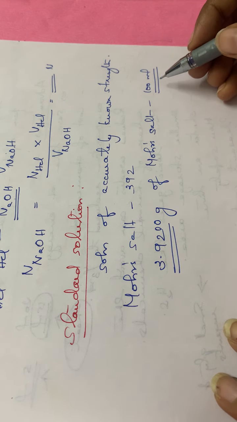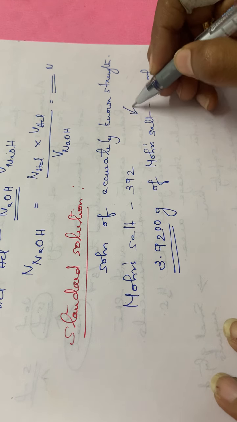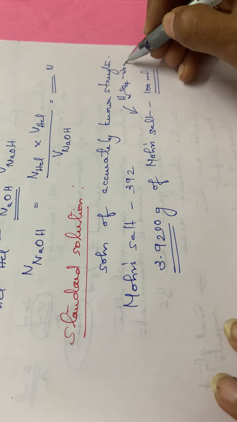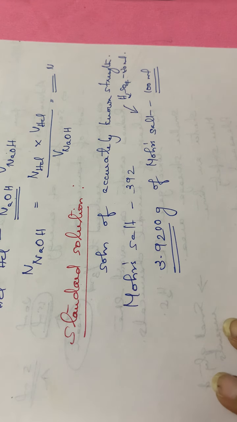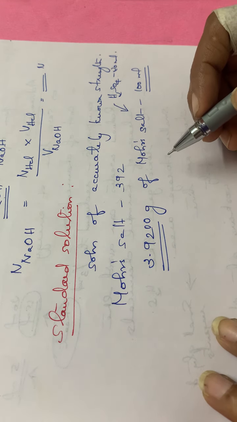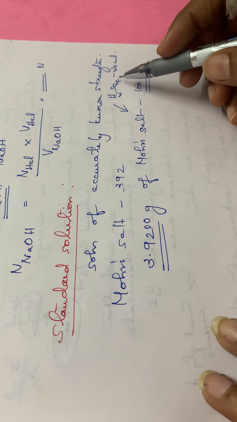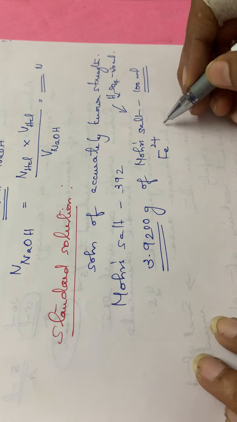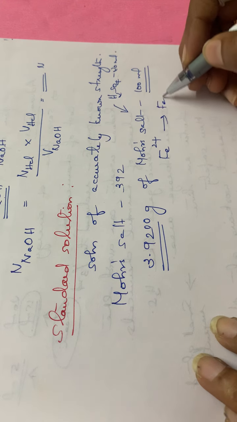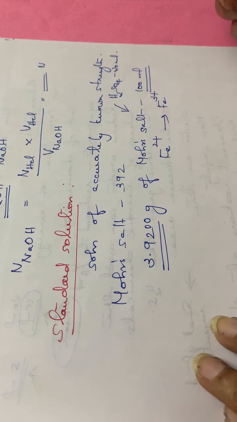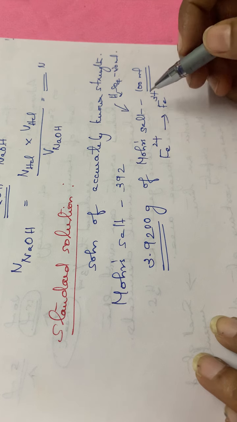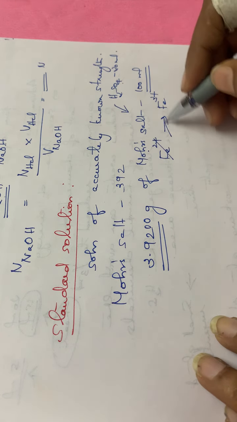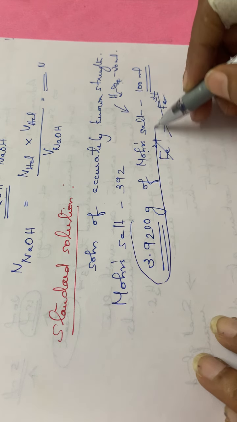and dissolving it. Normally, while we are taking Mohr's salt, we also add 20 ml of sulfuric acid in order to prevent the hydrolysis of Mohr's salt. Mohr's salt is ferrous ammonium sulfate. Ferrous is Fe2+, and if we do not add this sulfuric acid, it will be converted to ferric. So in order to prevent the hydrolysis, we add the sulfuric acid also.